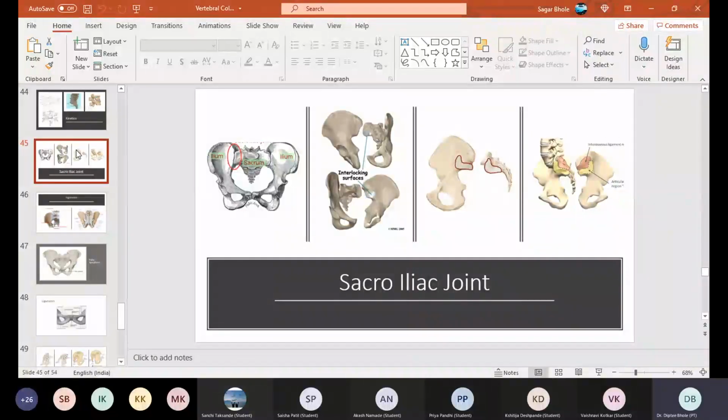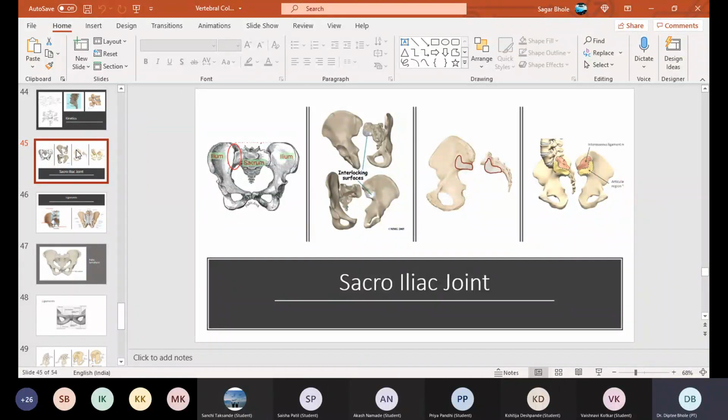And likewise, if we go ahead, the stability requirement continues to be here, because whatever weight has fallen upon the spine was a central, midline structure. But from here, it has to be distributed from the L5S1. There was a single sort of receptor present, but now we are looking at two lower extremities, and thereby there has to be a division of these forces between these two lower extremities. For that to take place, the SI joints and the general pelvis need to be stable, because we'll also be talking about the pubic symphysis today.